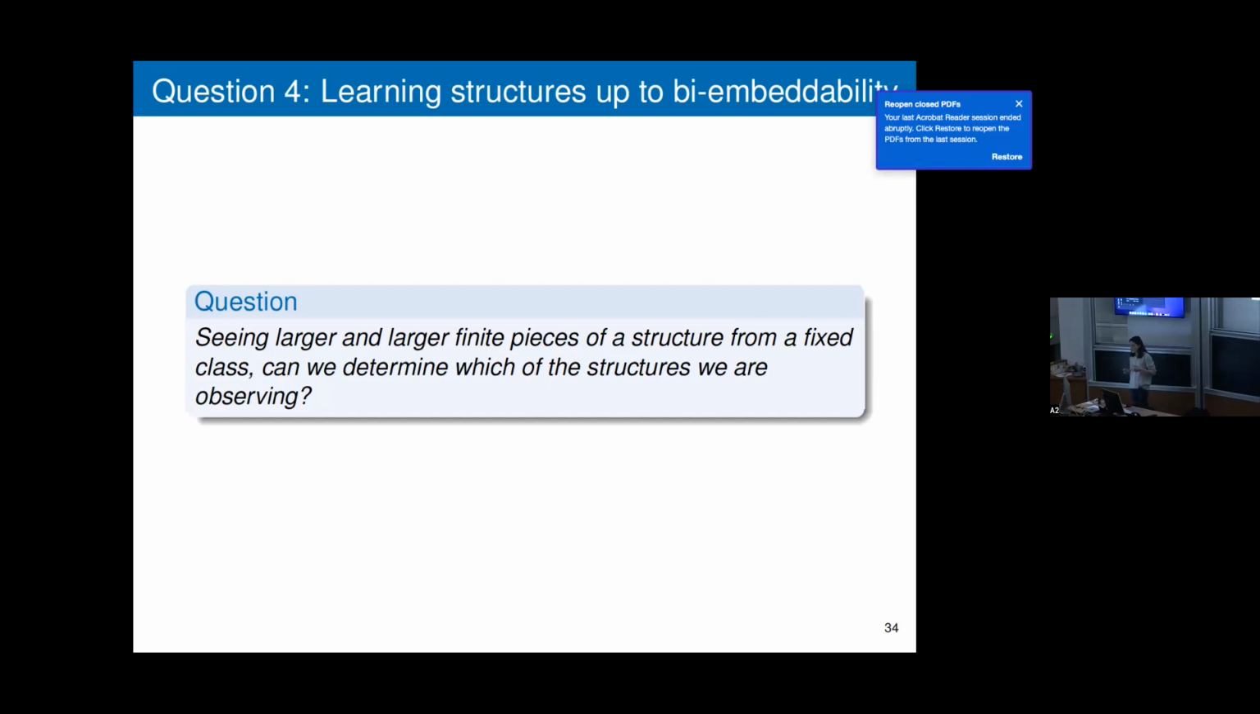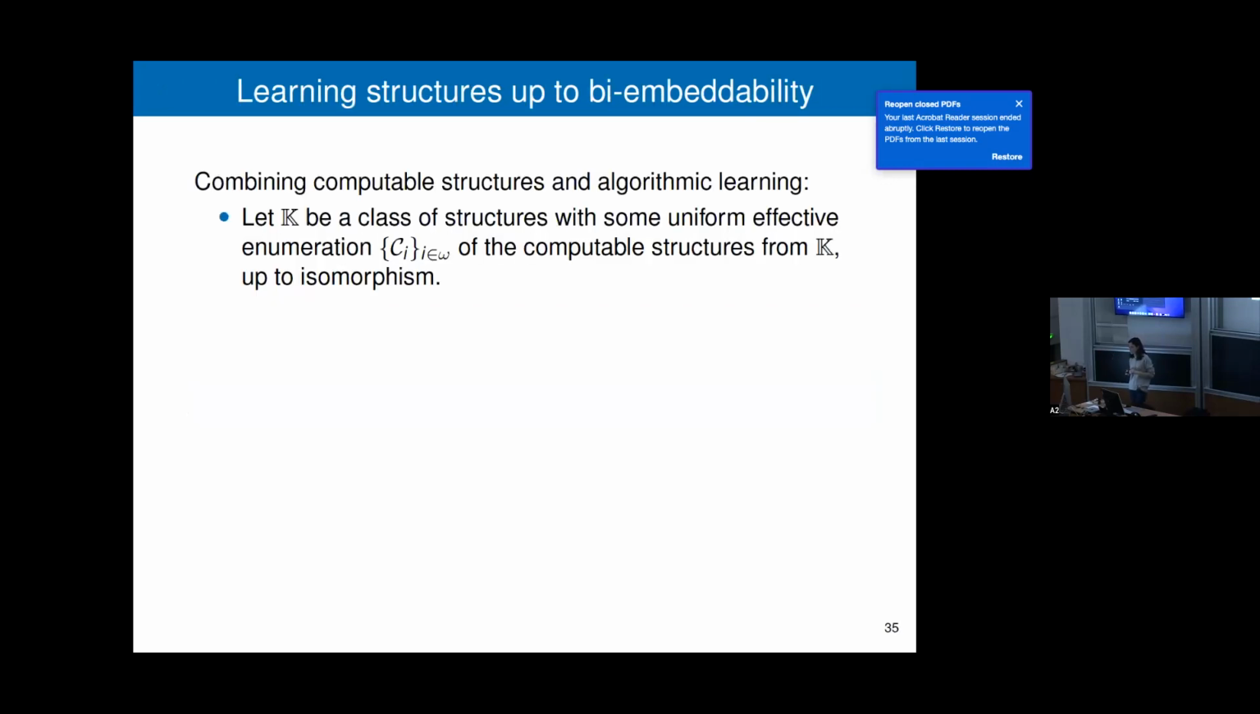And in this situation, when we talk about bi-embeddability, we do not have to identify the structure exactly up to isomorphism, but we will be satisfied if we identify it up to bi-embeddability. So we want just some approximate answer to what we are observing. This is the